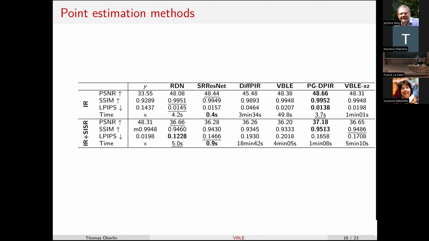Okay, our method is quite okay, but it's not better at least. And even direct inversion is quite okay. Even this one, which uses a very small neural network, it's okay.